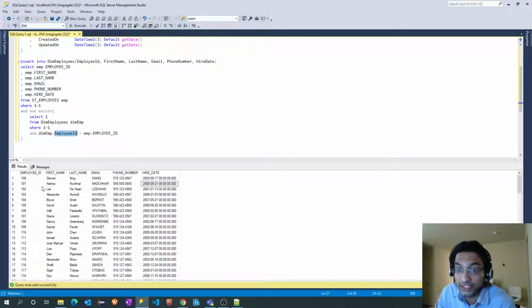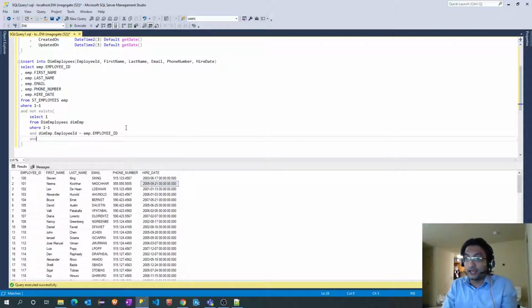So we are going to keep the employee ID and hire date combination, as a combined key, as the primary key in our employee dimension table. That's why I will add another condition: dim employee dot hire date equal to employee dot hire date.